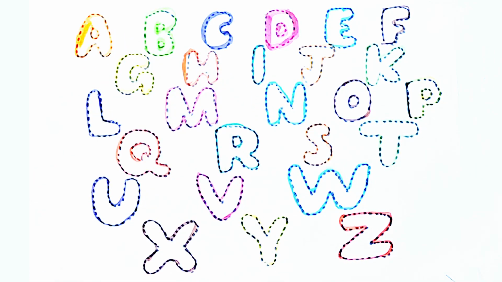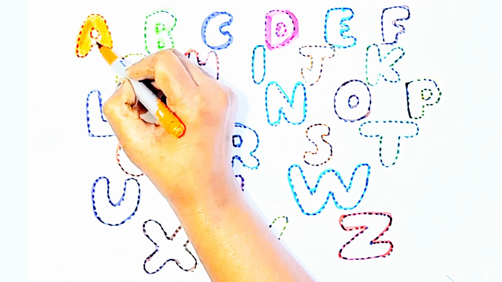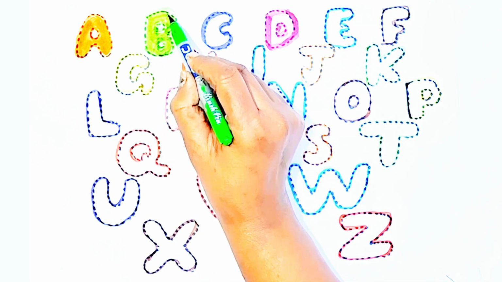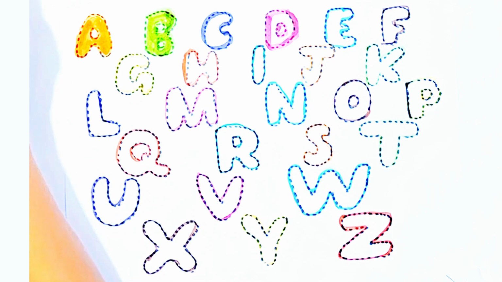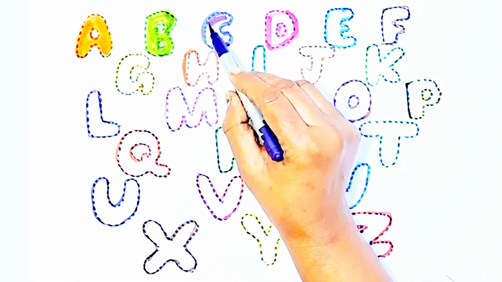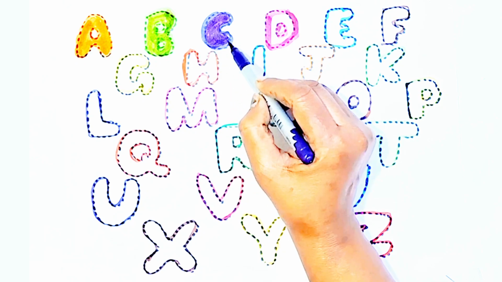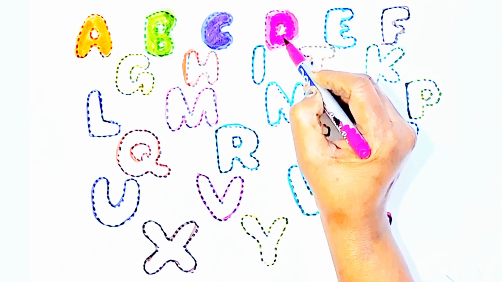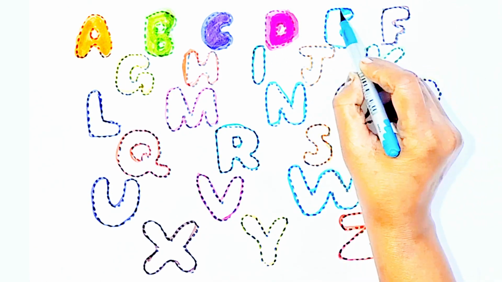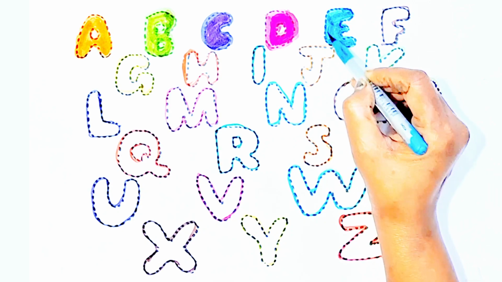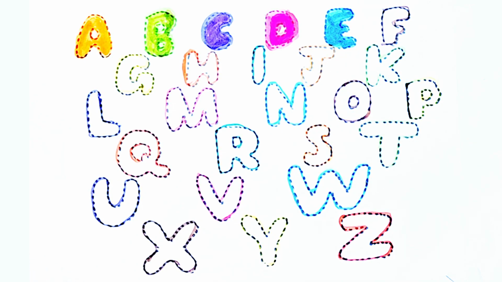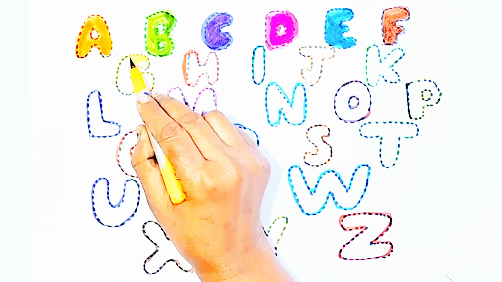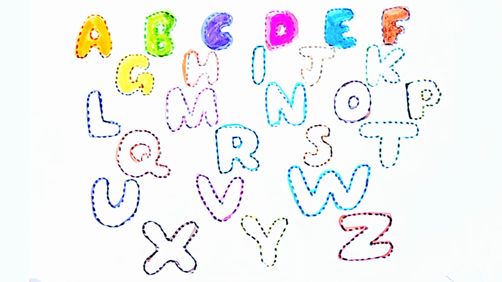A for apple, B for ball, C for carrot, D for date, E for elephant, F for fish, G for gun,